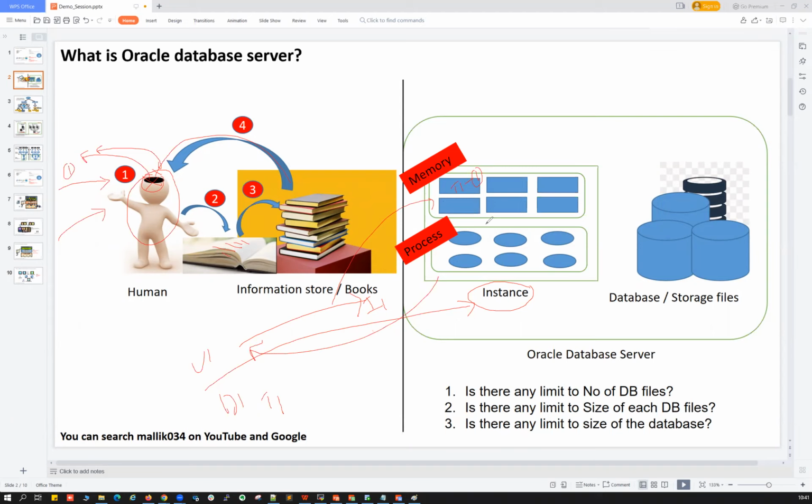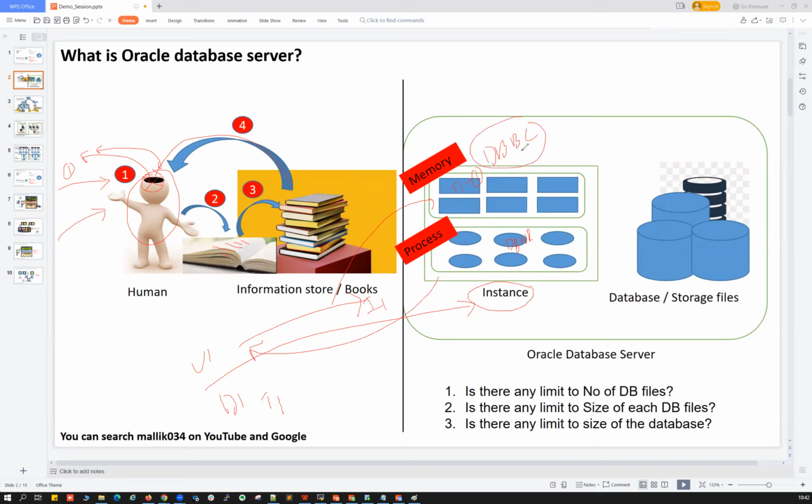And over a period of time, using a background process, especially the DB writer, like when friends come and tell me information, I keep it in my mind first and later write it to the notebook using a pair of hands. Similarly, when users come and insert some table records, I'll put them in memory. That's the DB buffer cache.